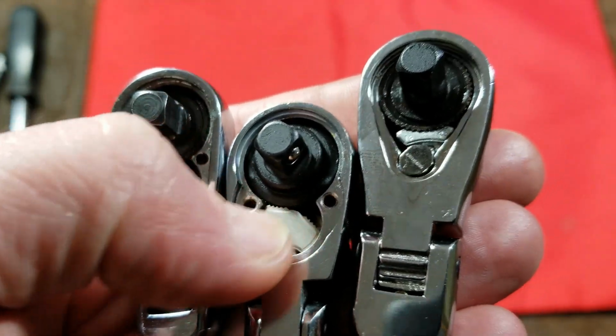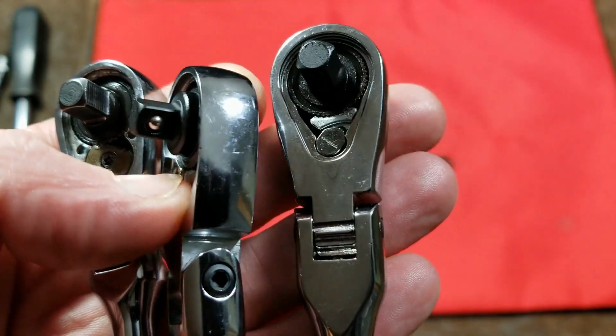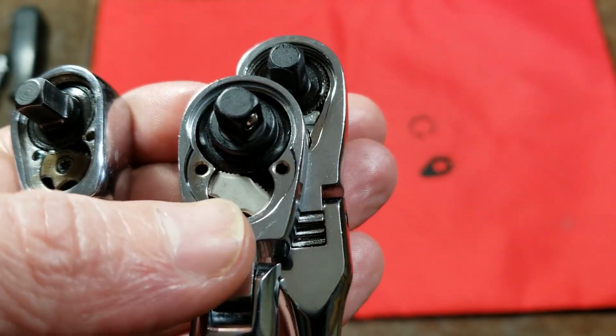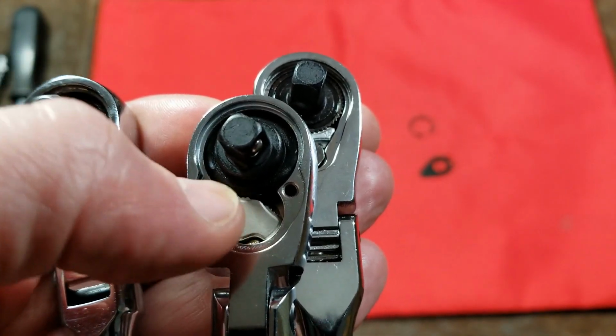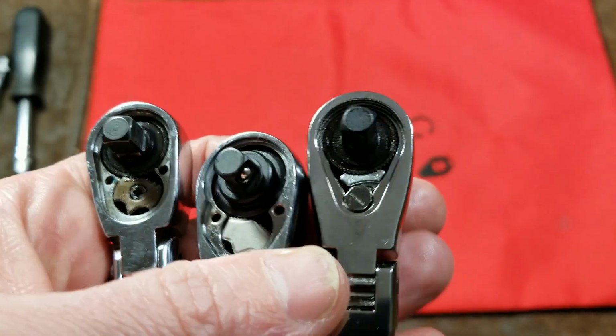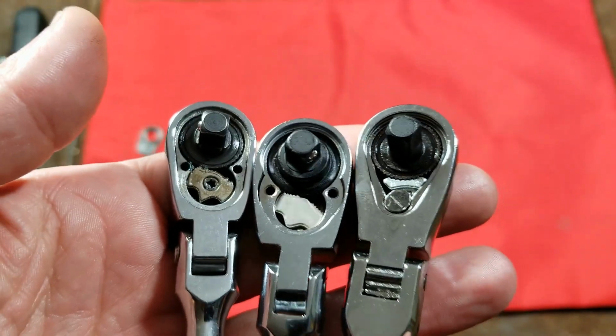It is a similar design, but this one's just much worse on the 72 tooth one, where it's just a cast zinc switch and it just sits into a little groove in the back of this, and so it's a bear if you pull out the anvil, because this thing kind of floats out of there and then it's hard to align it, and just isn't quite as nice. But then we have the walking pawl, and I'll show you why